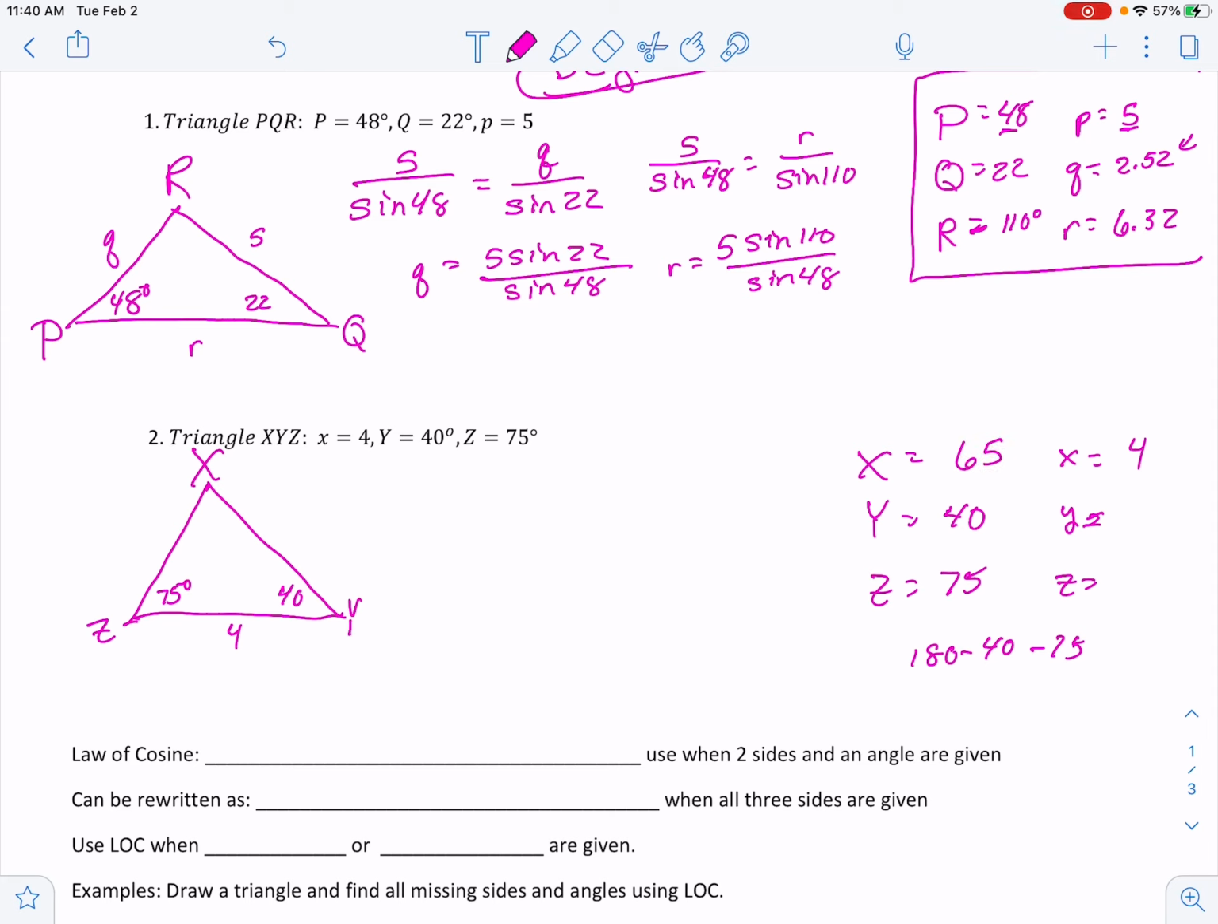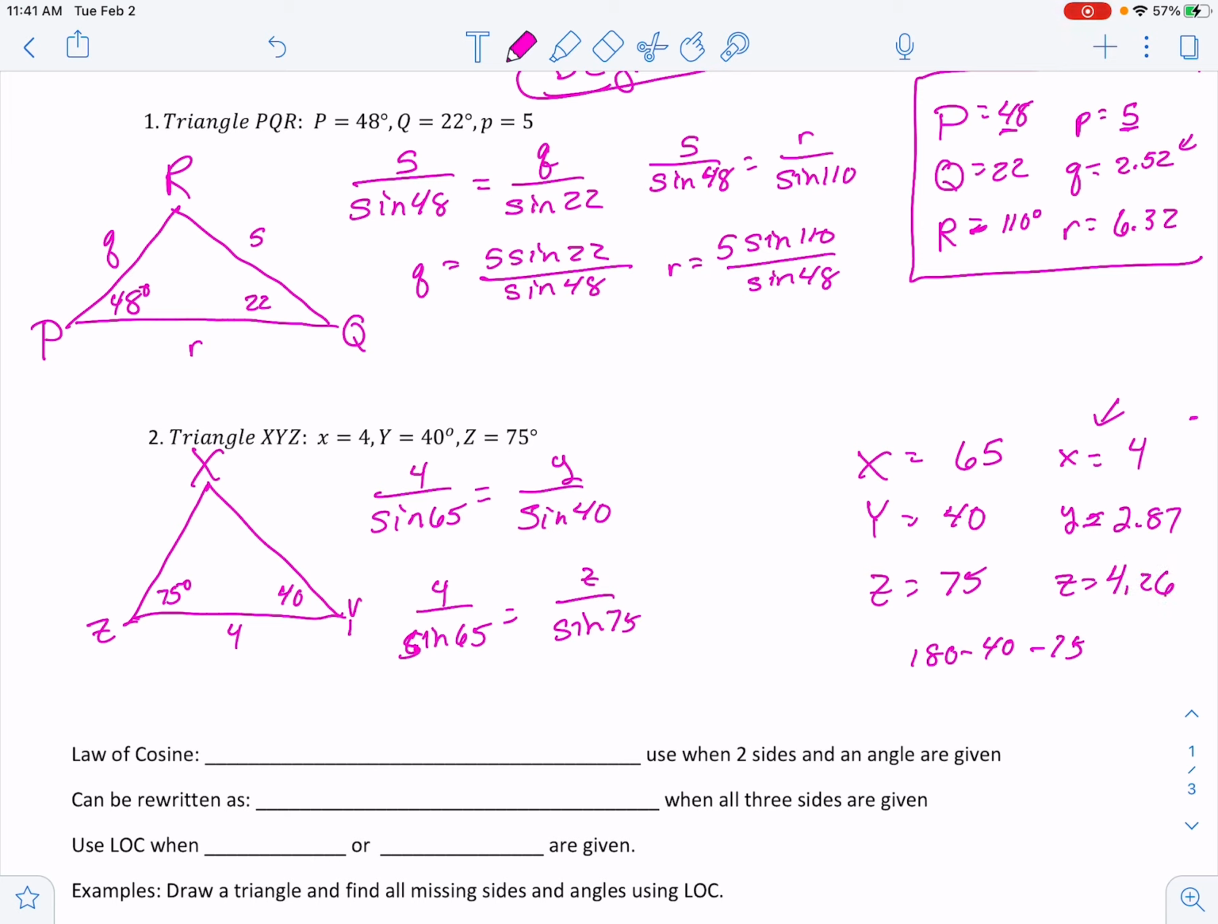And now I can use my law of sines, and you have 4 over the sine of 65 equals y over the sine of 40. You do the math, and you end up with 2.87. I can set it up again. 4 over the sine of 65 equals z over the sine of 75. You'll notice I went back to the ones that were no rounding involved. You get a more accurate answer,